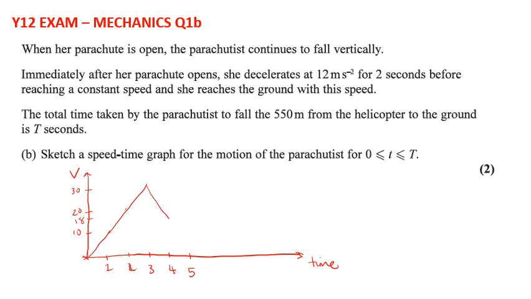And then we do another 12, drop by 12, and we'll come down to about 6. So at 5, that would be 6 there. She then reaches this constant speed here, which is 6 meters per second, and she continues until she reaches the ground at that constant speed. The total time taken is T seconds. And there is our